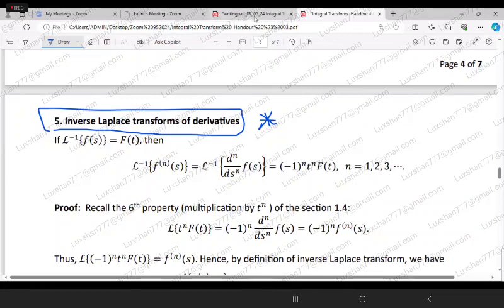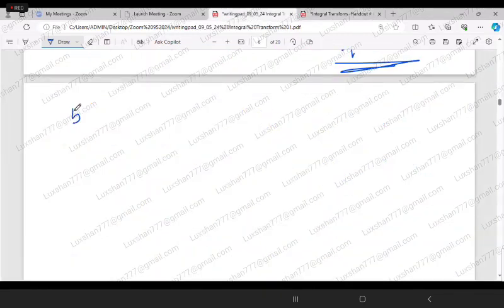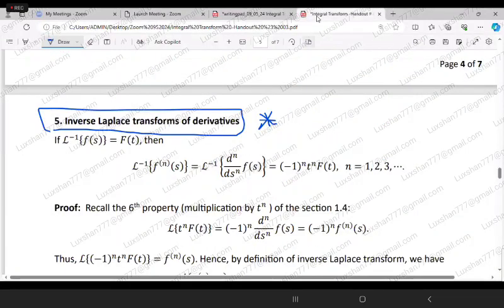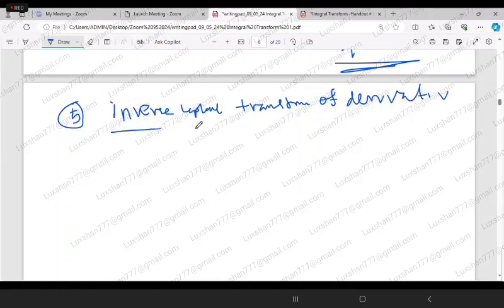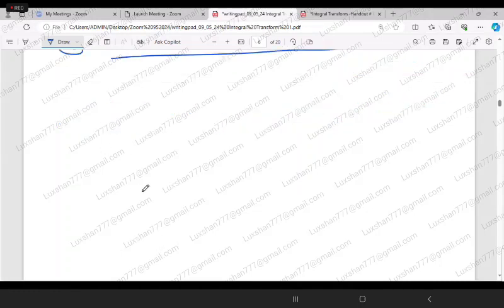Now, to the fifth one, inverse Laplace transform of derivatives. Okay, so carefully understand this one. Right. Now we know that